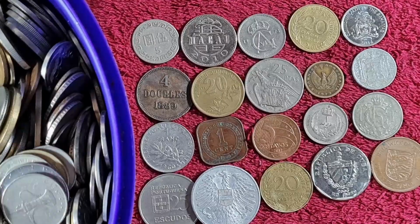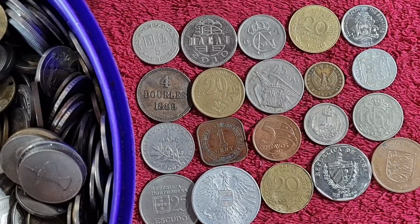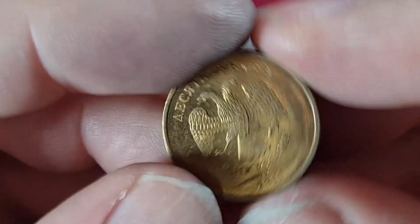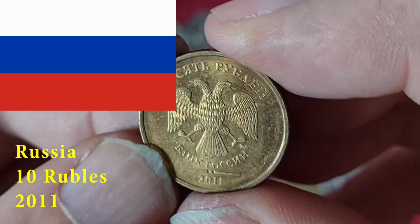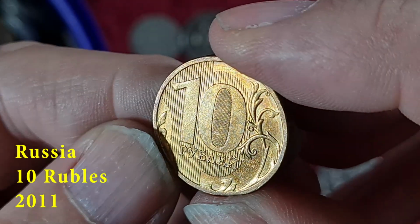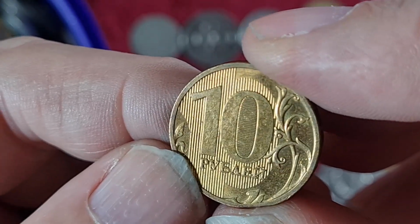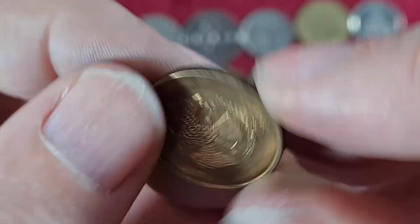So that one was one that we saw last time round. I'm not pulling out the same ones if I can help it too often. What have we got there? Oh, Russia. 2011. 10, I believe. I think that's rubles. Doesn't look like it says rubles. I'm going to go with rubles. 10 rubles, Russia,